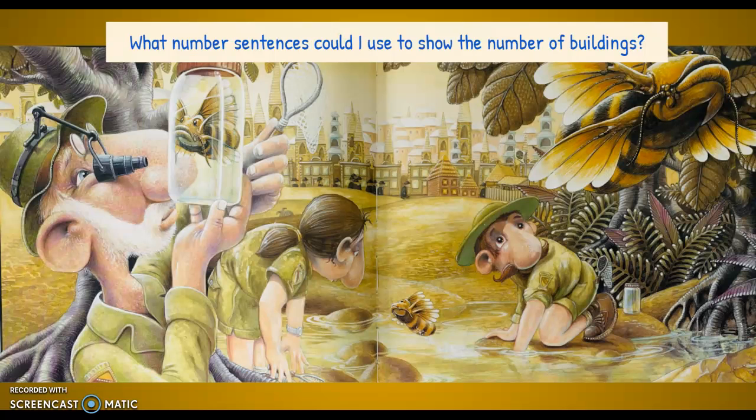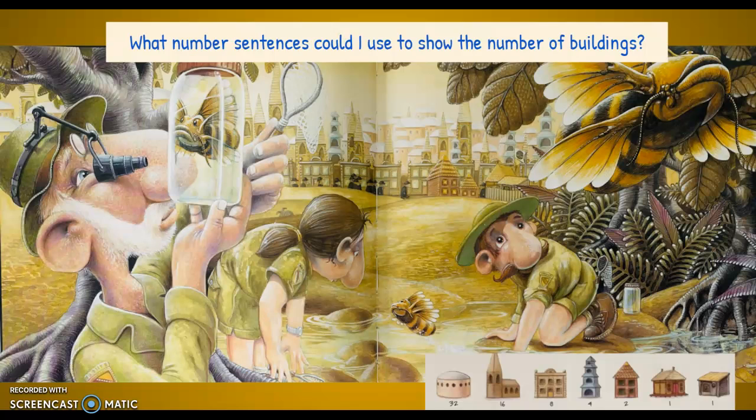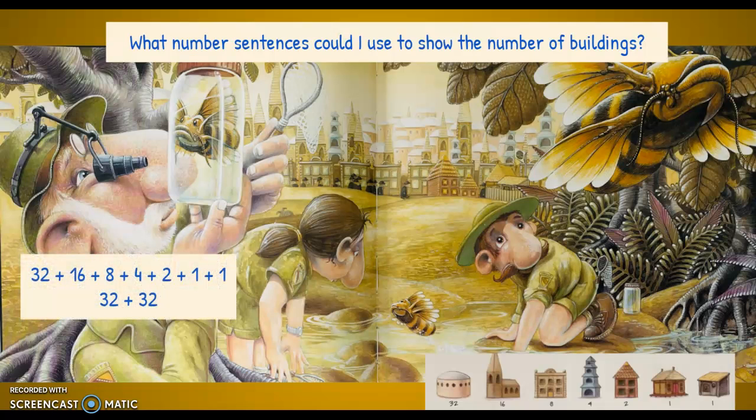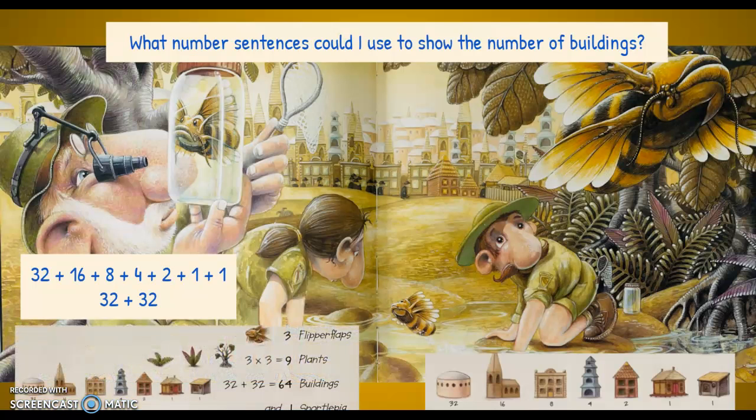Let's see what buildings are on. I have 1, 2, 3, 4, 5, 6, 7 different buildings in the background, and the numbers tell me how many of each. I could represent that a couple different ways. Take a look at those 2 and see if you figured out the same number of sentences. You could see the number of plants has decreased to only 9, and the number of buildings we're at is